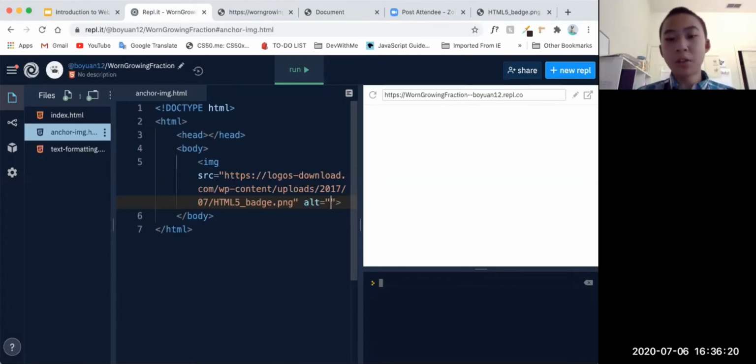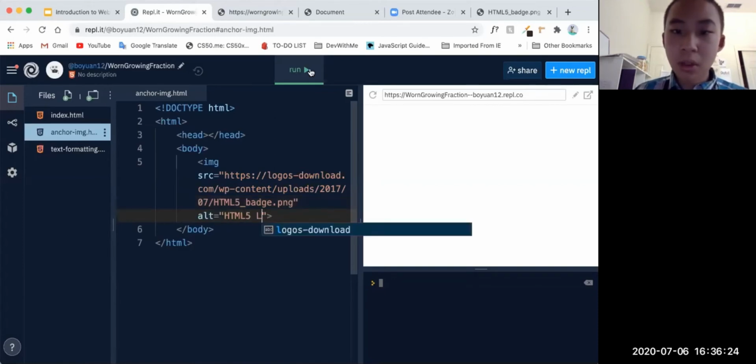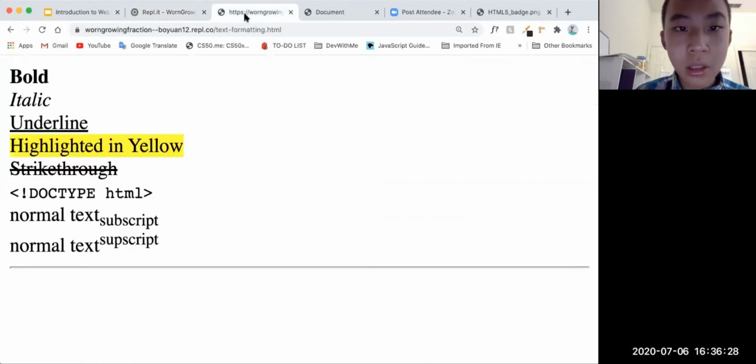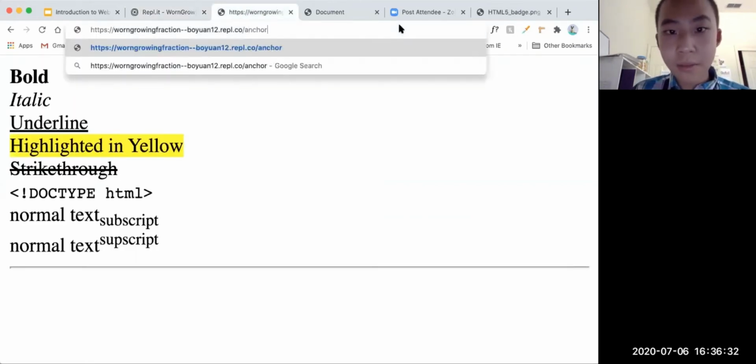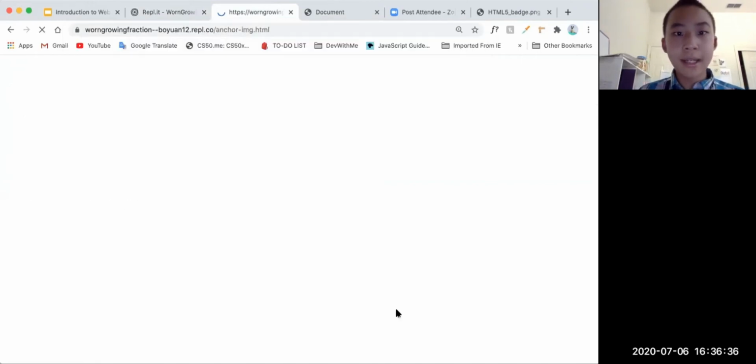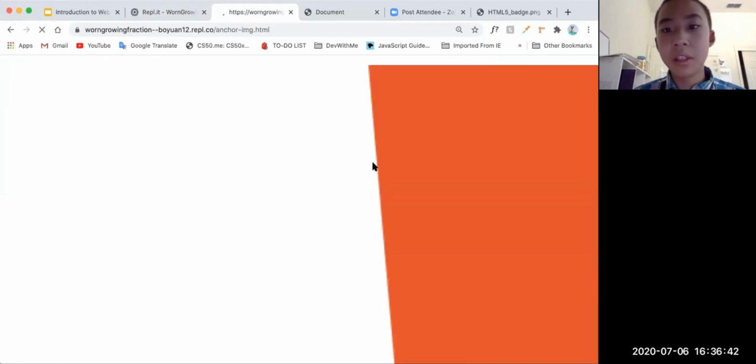I can type alt, HTML5 logo. Then if you click on run, and type anchor-image.html,